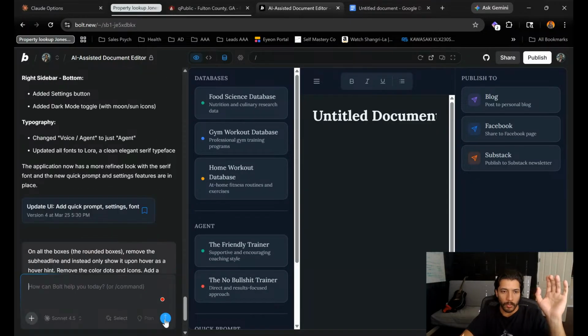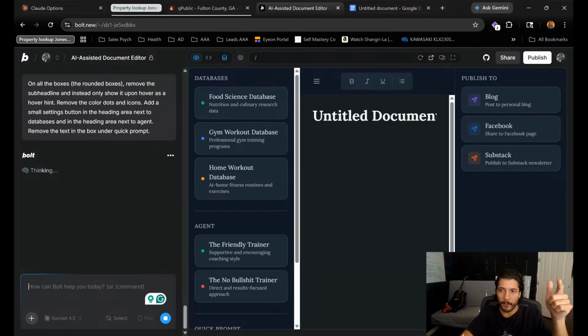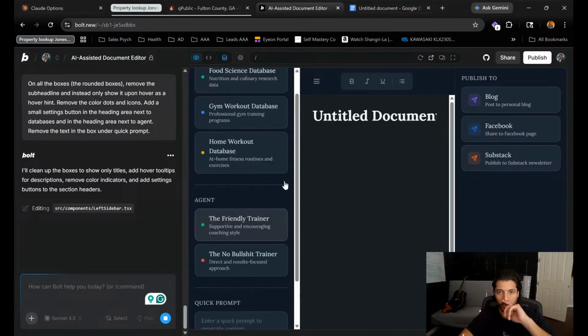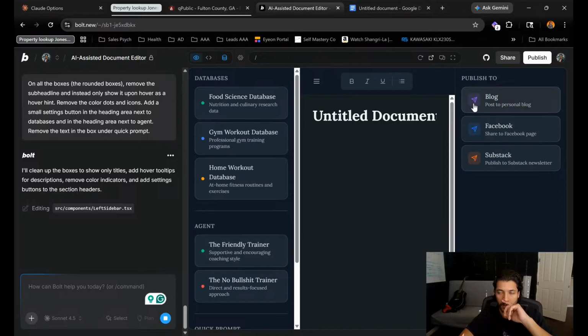Okay, so that's actually doing a fair amount of work as far as cleaning things up, right? So pay attention to where it's at right now. Look at all the individual components. Look how much is kind of fighting you for your attention, right? You have the main section, but you look over here and you see the main headings, and then you see the colors, and then you see the subheading, and then you see the scroll bar, right? And over here, same thing, different colors. And we just want to clean this all up so that the main function of it, the writing, is going to be comfortable. And everything we need is still within grasp.